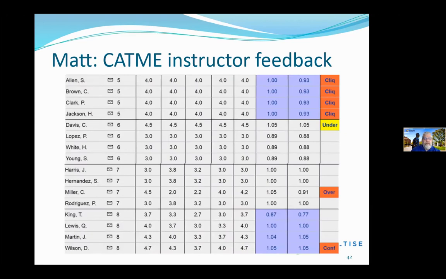An overconfident student, which is in the middle of this screen, is someone who says they're doing a great job, and their teammates say, "Oh, we don't agree with the way you assess yourself." A conflict is indicative of a student whose ratings are incongruous with other students' ratings of a particular team member, which can happen for a variety of reasons. And you can see the clique condition is identified up there as well. And I see Michael is asking about the manip note. The students also never see these very judgmental labels, right? Like overconfident or manipulator, which is what that one is.